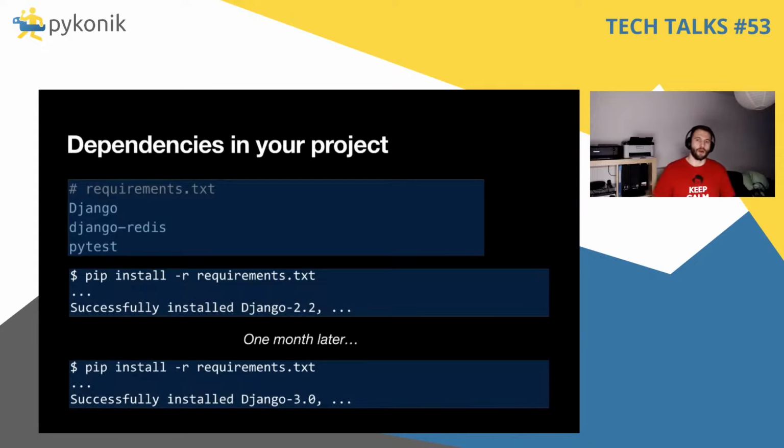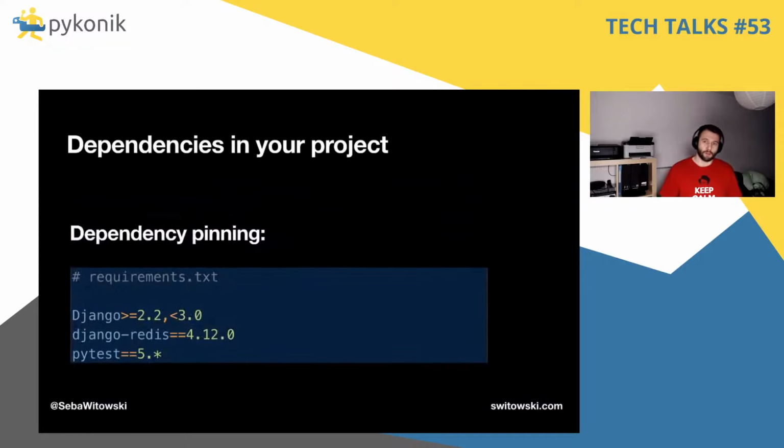If you don't specify versions of each package, pip will install the latest one. That means that if the new version of a package is released and you deploy your code to production server, pip will use that new version. And if your code can't work with this new version, well, now your website is down. It doesn't matter that it worked fine yesterday, today it's broken and you have to quickly figure out how to fix it. To fix this problem, we have to pin dependencies.